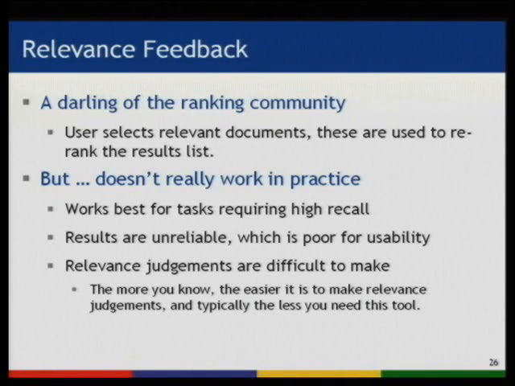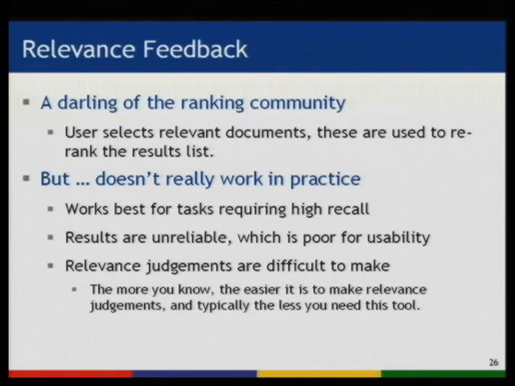And it's been shown in fully automated search situations, where you have a query, relevance feedback, automatic or not, and then another results list, that if you look at the precision or recall of those results, you can improve the results dramatically. But it doesn't ever seem to get used in practice, and the question is, why is that? Well, first of all, it works best for tasks that require high recall, meaning you have to have lots and lots of relevant documents, because in the task for which relevance feedback was used, the assumption was you wanted 1,000 relevant documents if possible, as opposed to the high precision types of queries we see on web search.